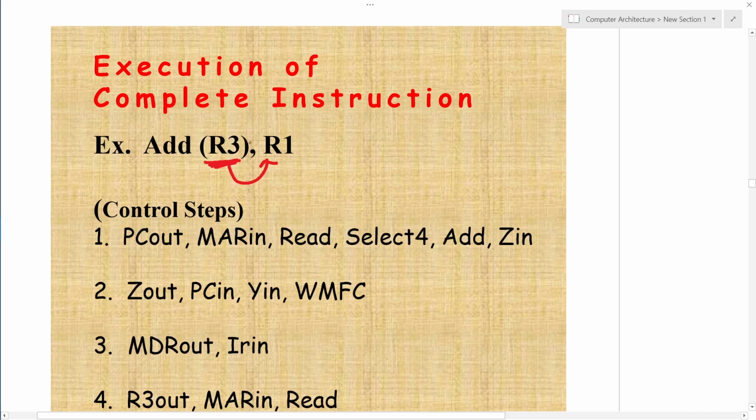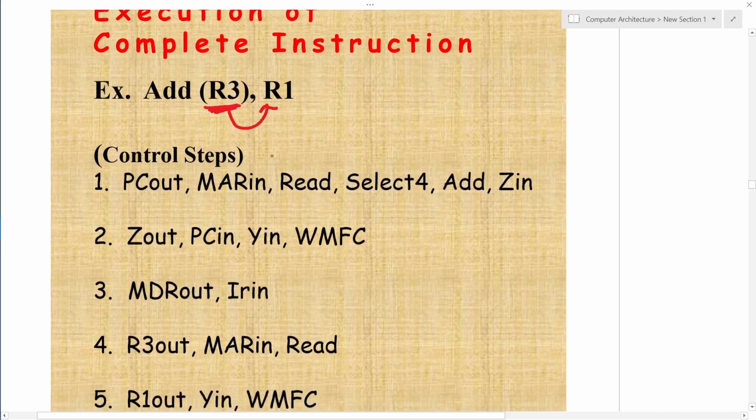It is just like accessing a word from memory and writing that word to the register R1. R3 shows the value, which is a memory location, and whatever the content of that location is to be added to the register. We have to understand this example the way we understood fetching a word from the memory. So let's start this example.